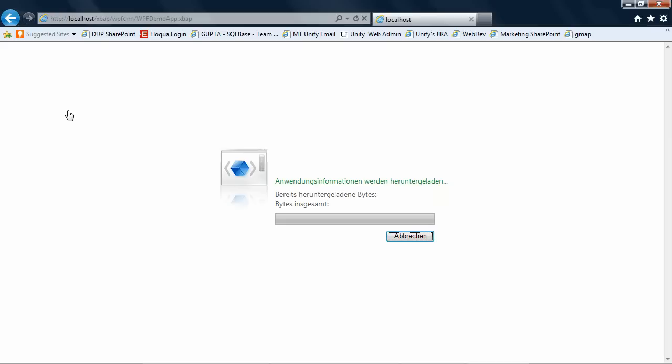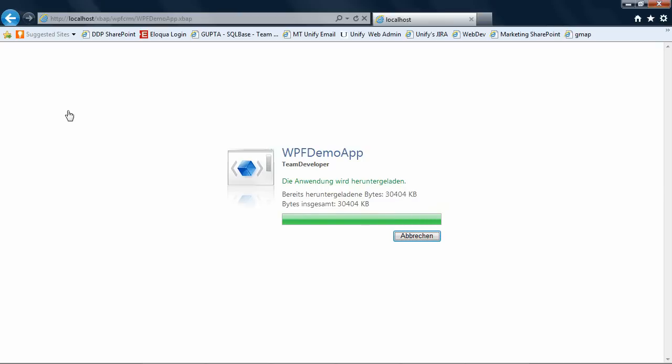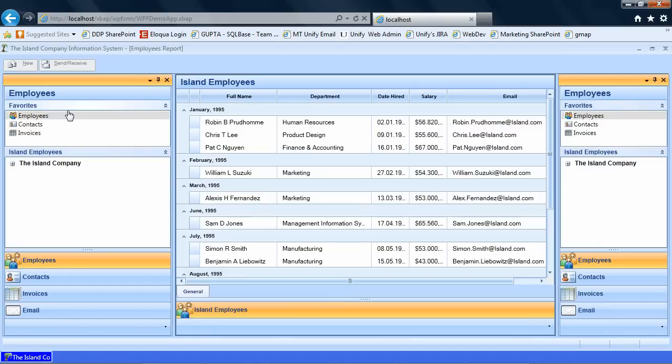Since this is the first time after publishing, it needs some time to download everything, but once everything is downloaded and the application isn't changed, the local version of the application will execute immediately. So here we are. The same application that I initially showed you on Windows Desktop is now running in Internet Explorer 8 from this URL here. It has been downloaded and is executing in the browser, and I have exactly the same features as with my